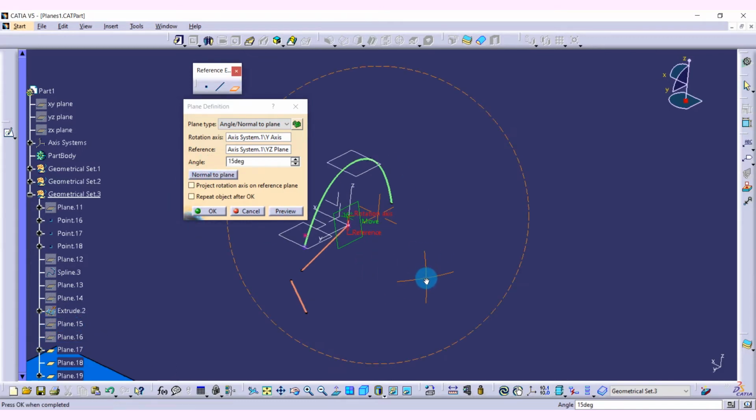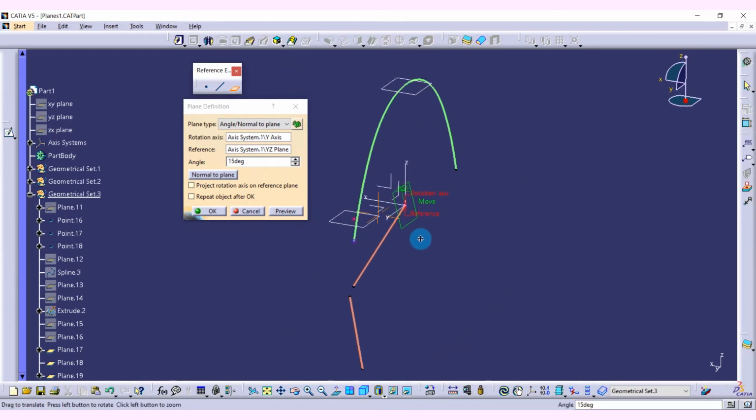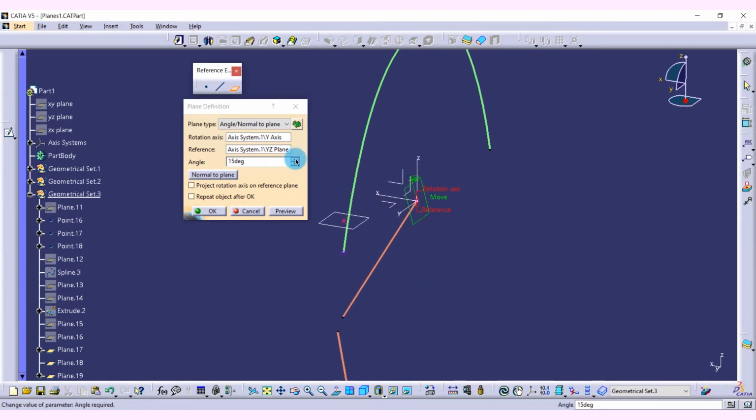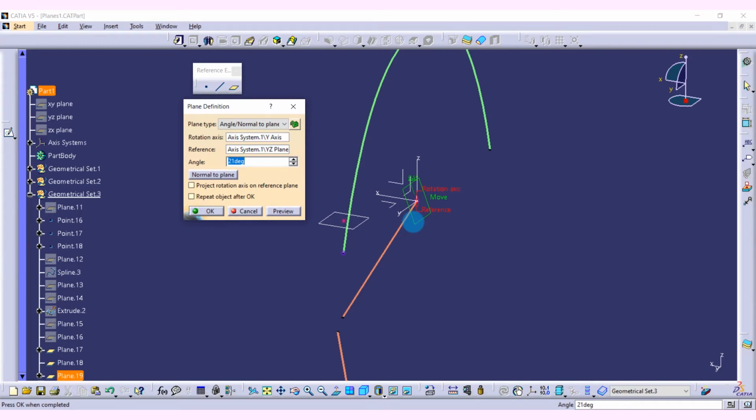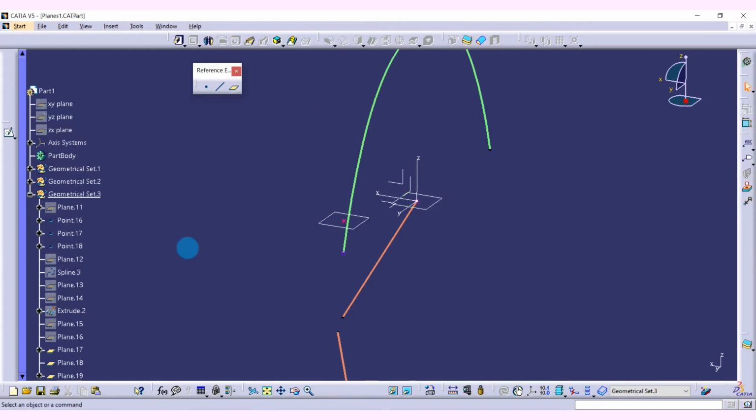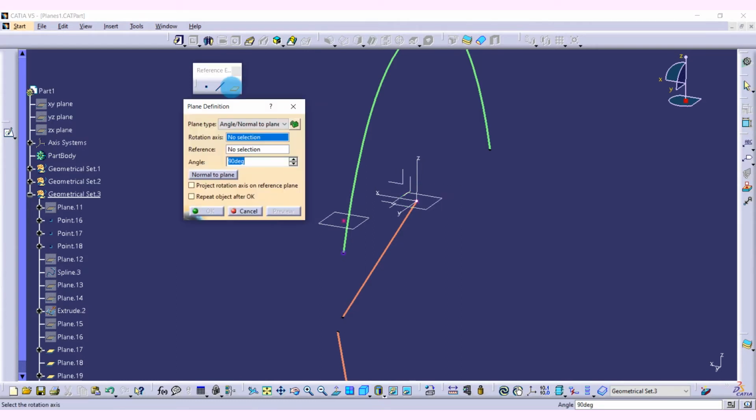So we can see the angle plane is created. And let's increase. This is angle or normal to plane. What we have created is an angle plane. If we want to create a normal, it will be 90 degrees, and you can just make it 90 degrees. It will be parallel to the XY plane. The next option,